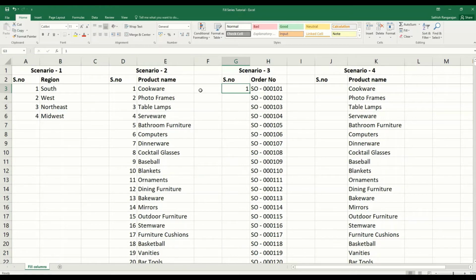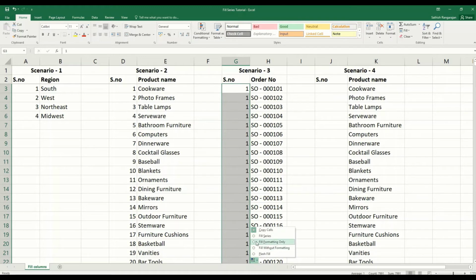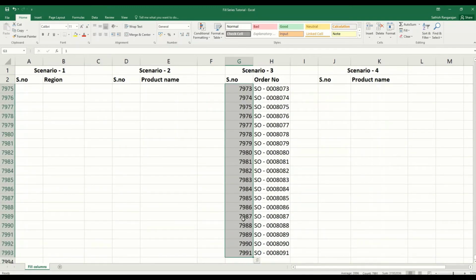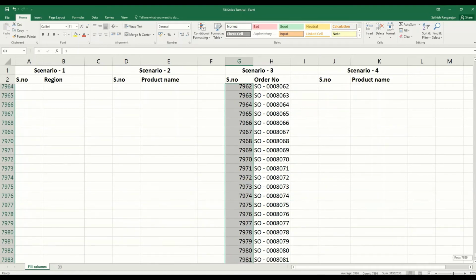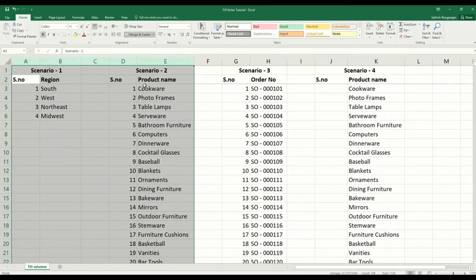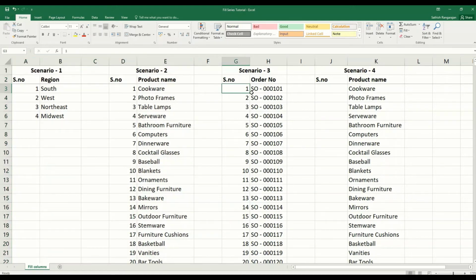Now I am going to double click on this. This is called a fill handle, and if you double click on it you will get the data. You can see the autofill options here, and you just have to click on fill series. I will scroll down to the last row, and you can see that the data has been populated correctly in all the rows. I would suggest you use scenario 3 if you are deploying these two methods for doing a fill series. It is the most effective method compared to the other two scenarios.